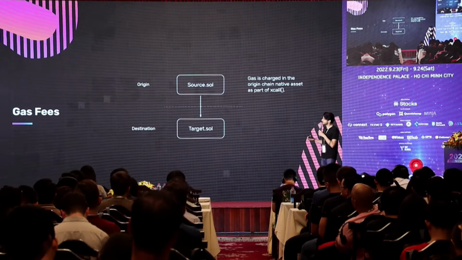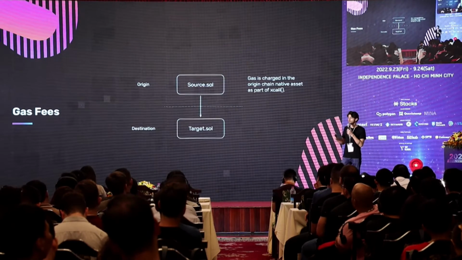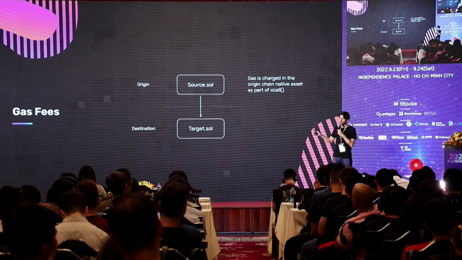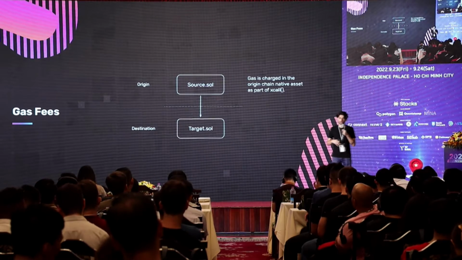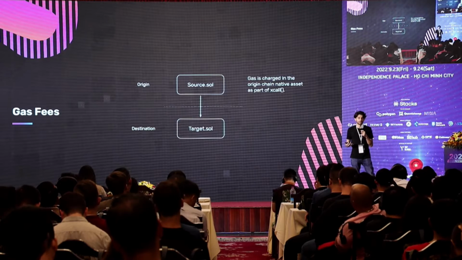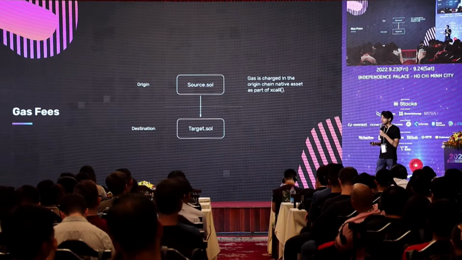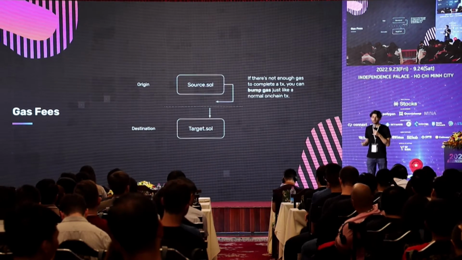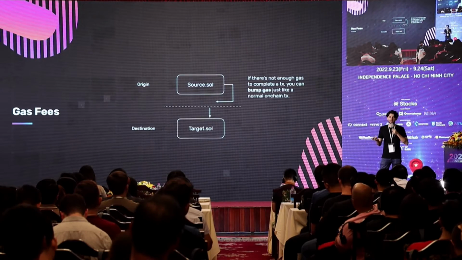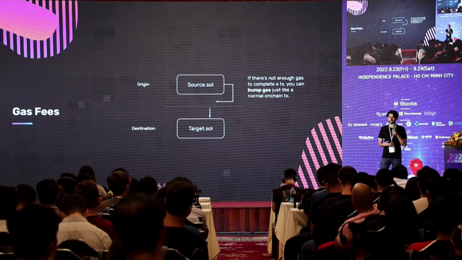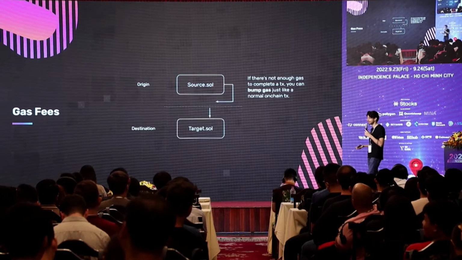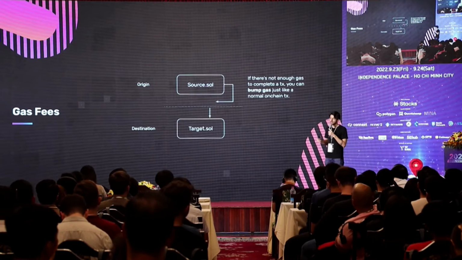What we've done is basically try to keep this as simple as possible. When you make a cross-chain transaction, you pay gas on your source chain, using native assets, in the same way that you would with any other transaction. And if it's not enough gas, you can bump gas. Again, exactly the same experience that you would have with building an application in Solidity today. Bumping gas basically means increasing the amount of fees on a given transaction. If you didn't have enough fees to begin with, bumping gas can help push it through faster.